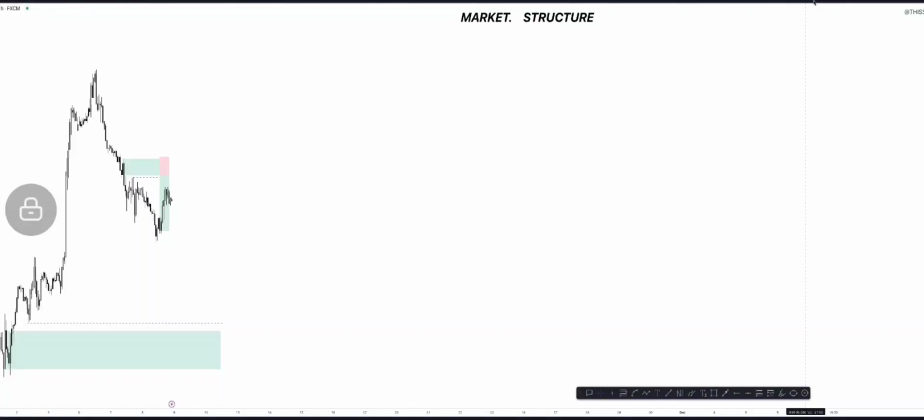All right. So today is about market structure. In the last call, we discussed the basic market structure, and I don't want to go back to that. Let's just move forward here. So the first thing you want to look out for is